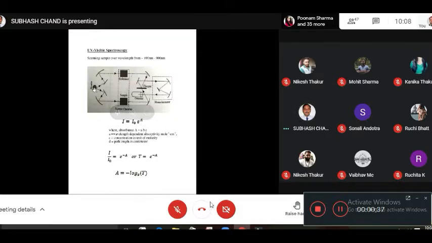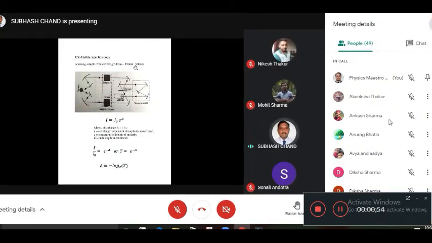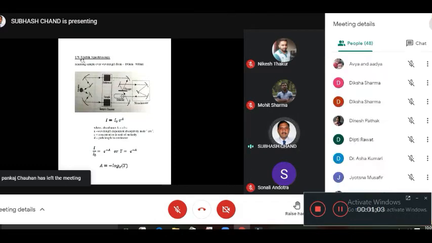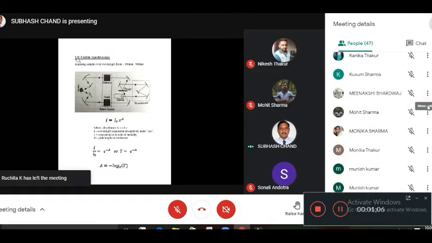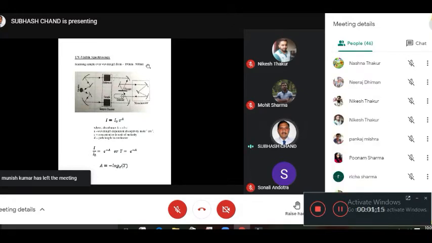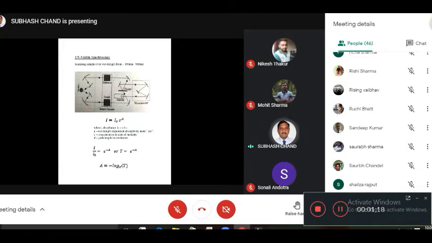We have a source which emits light, a wide range of wavelengths. It emits wavelengths from 190 nanometers to say 900 nanometers. These limits vary from apparatus to apparatus. You may have a spectrophotometer in the UV visible region, or one which covers UV visible and infrared also. In case of infrared, the higher wavelength can be maybe 1000 nanometer or 15,000 nanometer.